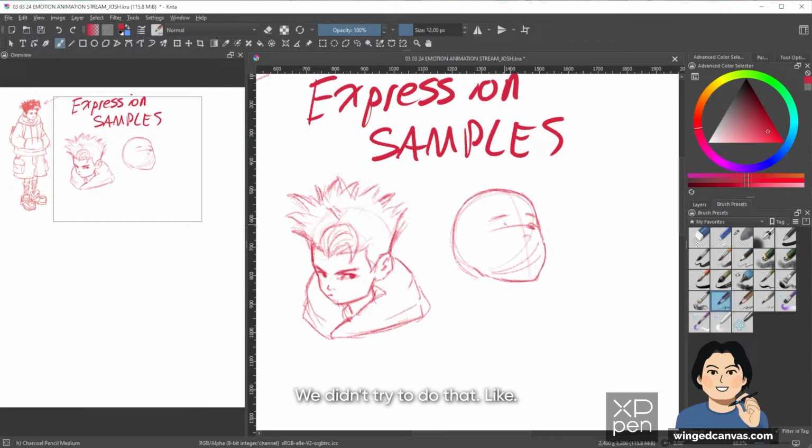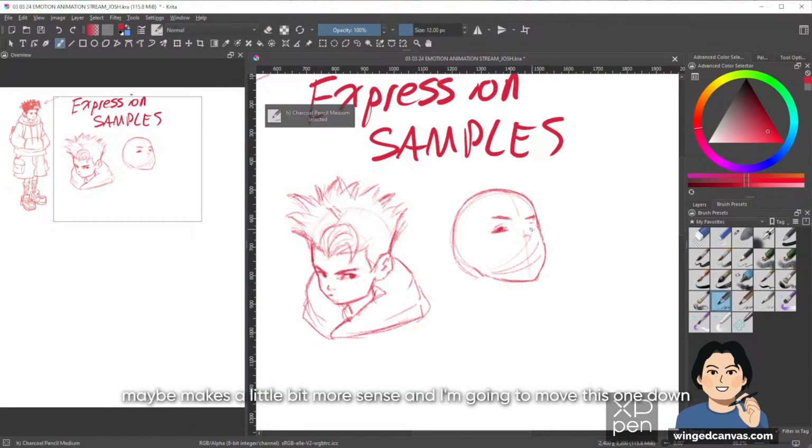I'm gonna try to do that, looking down on you. I don't know if this will look weird. You might look a little odd in this. Maybe the raised eyebrows don't really quite work. I feel like this maybe makes a little bit more sense. I'm gonna move this one down.